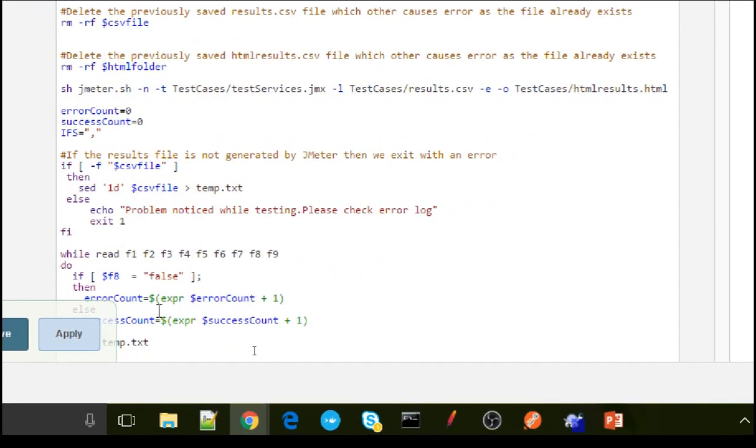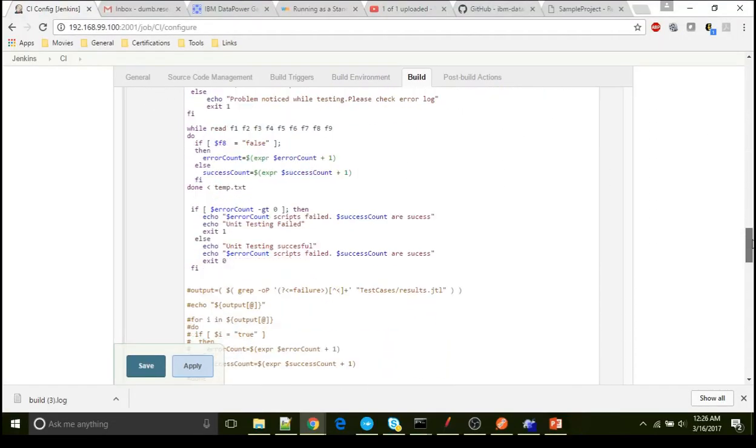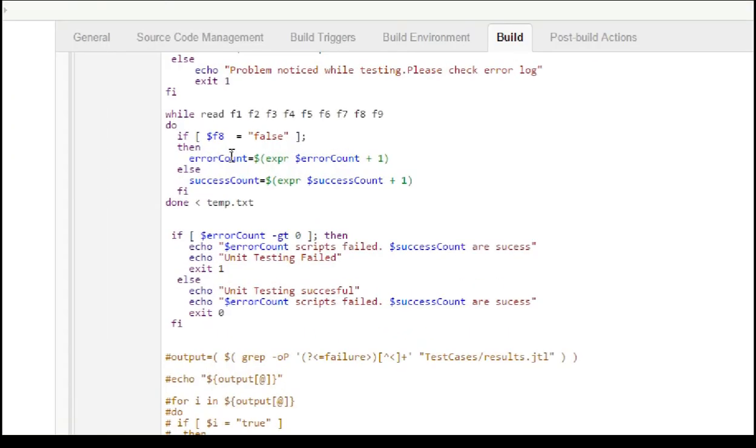After that, I look into the error count and success count. If error count is greater than 0, I print a message: error count scripts failed. Which means if 5 scripts fail, then it says 5 scripts failed, and 0 are success.